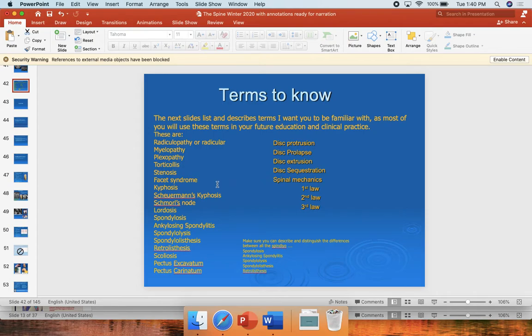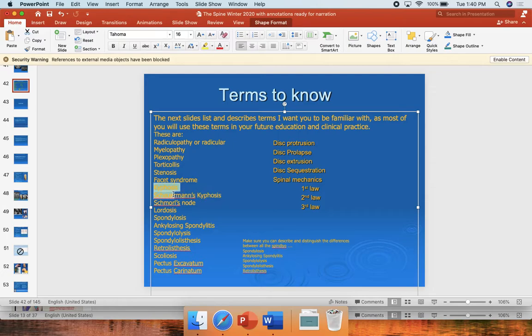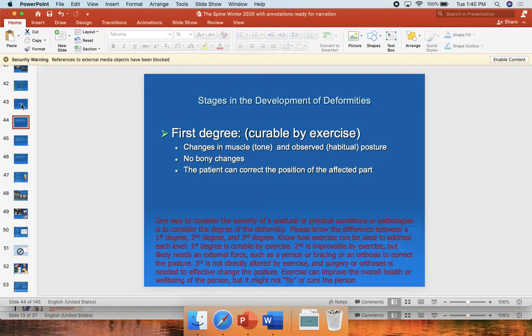This next video we'll be moving along in our terms to know in our spine unit, and we will be covering the terms of kyphosis, Scheuermann's kyphosis, a Schmorl's node, and lordosis. So we'll be covering those four right there. Before we get into